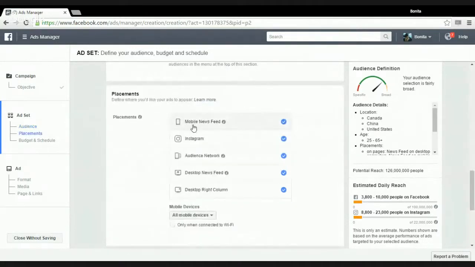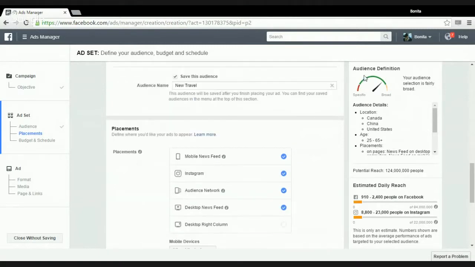Now, placements. Where do I want this? In the mobile news feed, of course. Instagram, yes. Audience network, yes. Desktop, yes. Right-hand column, not necessarily. Again, why should I pay money for that? And again, over here on the right,